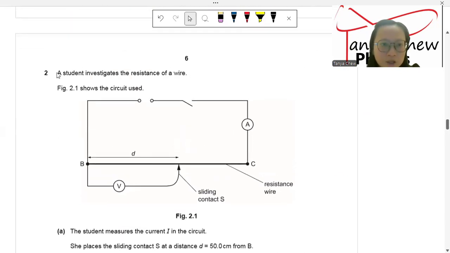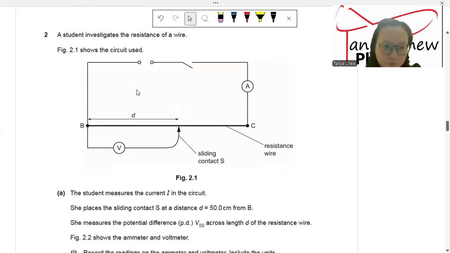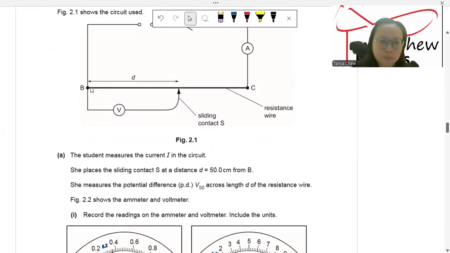This is about a student who investigates the resistance of the wire, right? And this is a resistance wire. Normally the resistance wire will be placed on a meter rule. How do you measure the length of the wire? You're using the meter rule. Normally we just tape it on top of a meter rule. Make sure that it is as straight as possible, and then you just clip at the two